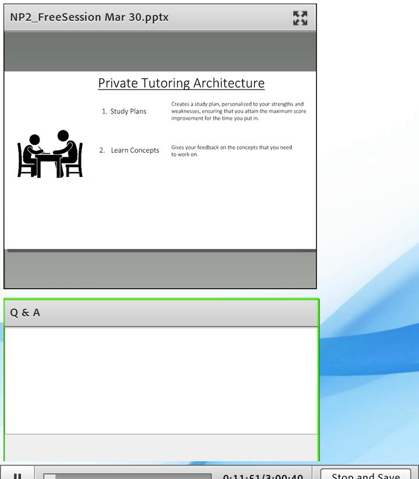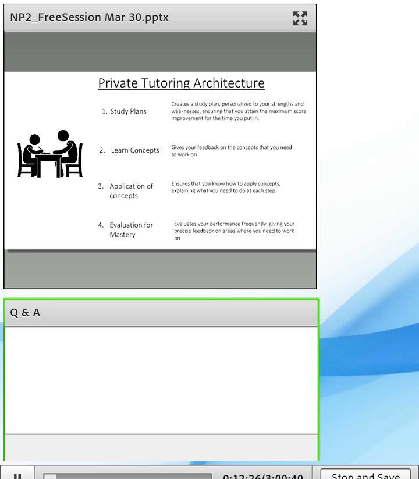Then a private tutor would teach you concepts and give you feedback as you're learning those concepts, and focus on areas where you need more emphasis. One area where working with a private tutor benefits you the most is learning how to apply those concepts. A private tutor would tell you how to attack a problem. What do you do in step 1, step 2, and step 3? A private tutor would also give you feedback that's highly personalized to you. When you falter in a question, he will tell you why you faltered, what it is that you ignored, and what you should do if you face a similar problem in the future.